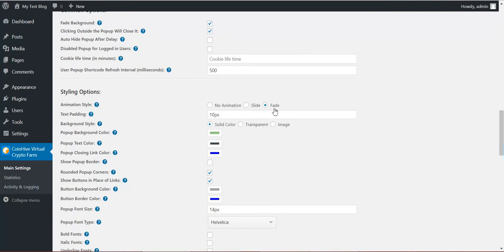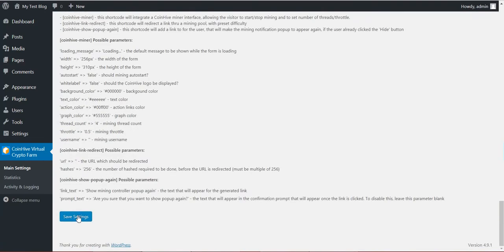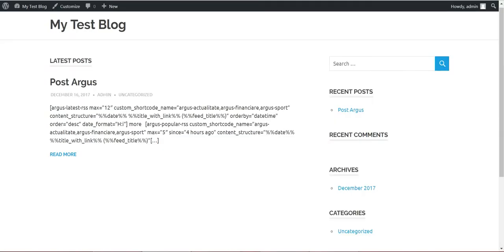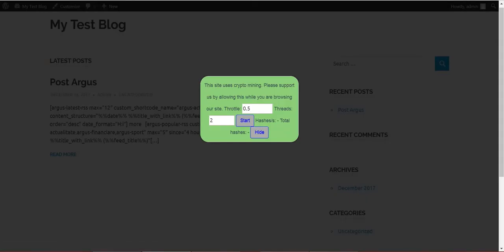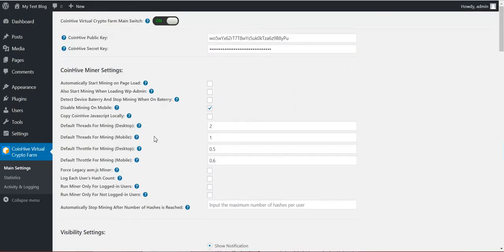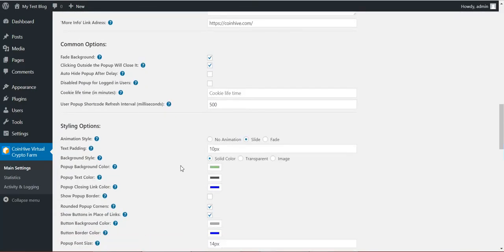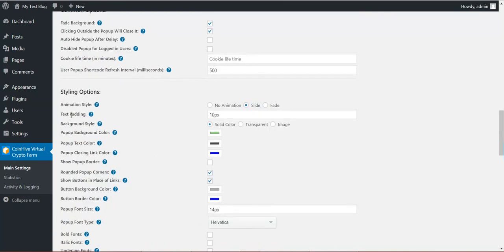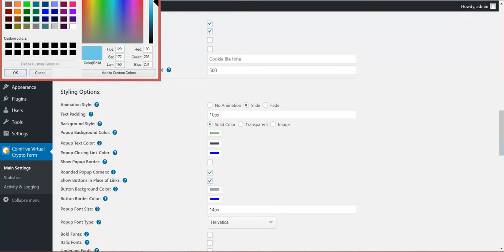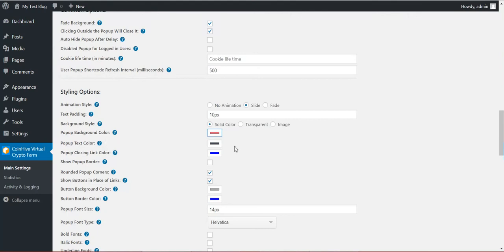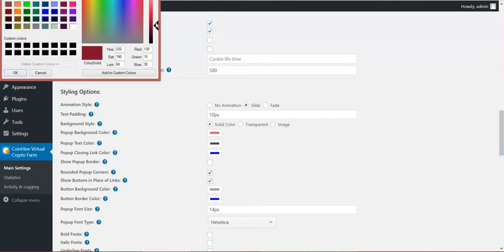outputs. Also styling options, the animation for how to show the pop-up. If you select slide, then it will slide in, but this is theme dependent, so not on all themes it will work. You can select text padding for the pop-up, background style, background color if you want reddish, text color if you want white text,